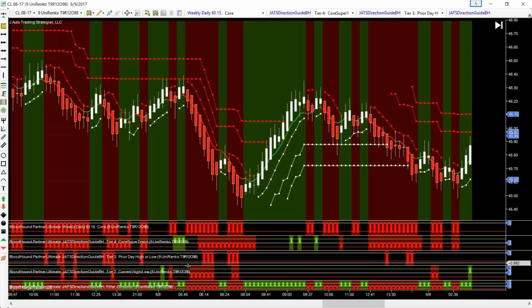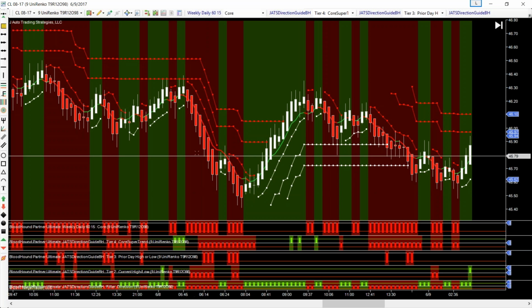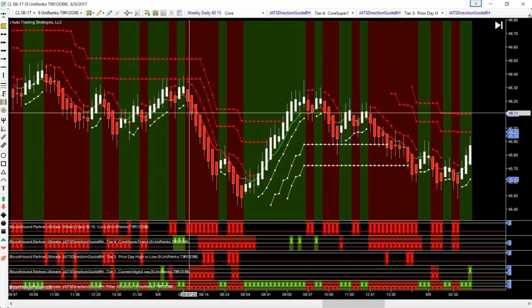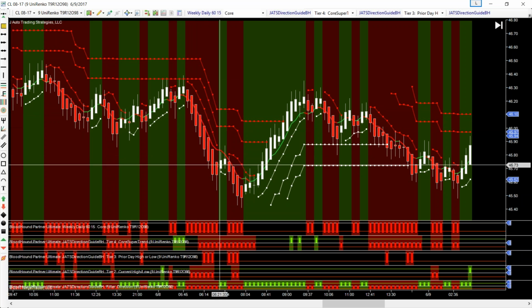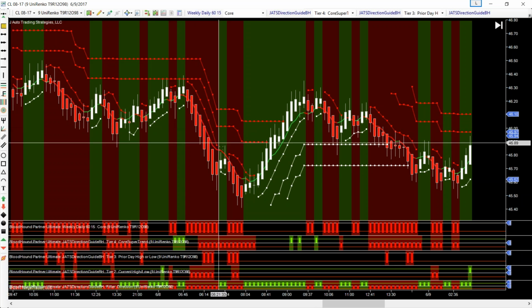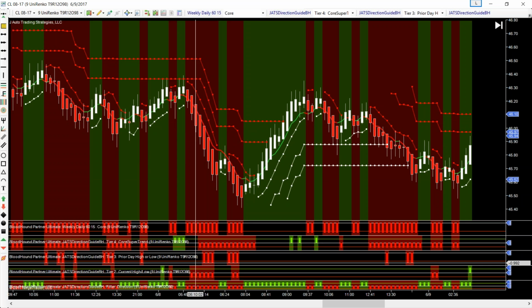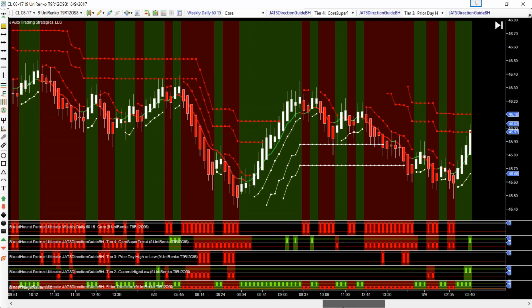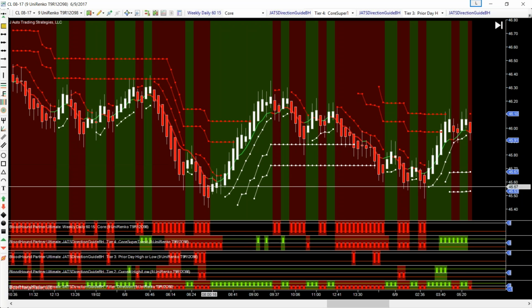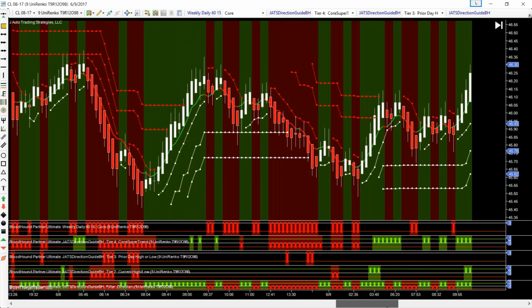And that gives me a heads up to be looking on these bottom rows to see if it fills in. And if I'm getting most of all of the rows printing in, I'm going to be looking at that lower time frame chart to see if I can get into a trade opportunity. And what I'm looking for, as any good color coding paralegal would look for, is the colors to match. So I want all red in my super trend bands and my candles, and my bands on the bottom of the direction guide template, and that weekly, daily, 60, 15 to be in the same direction. And then throw on a contract, test the waters, see if you can get to a level or short-term profit